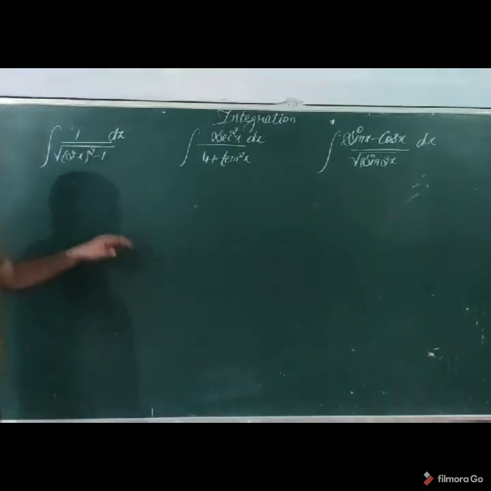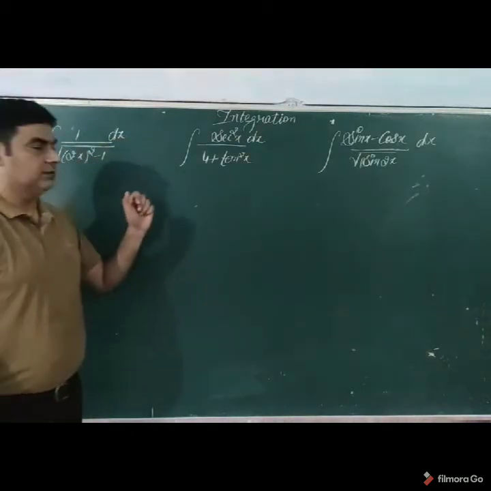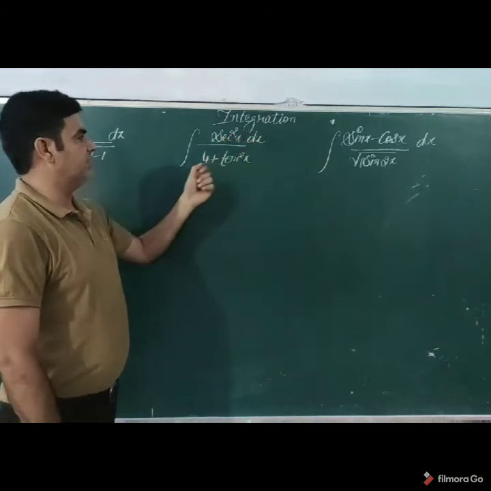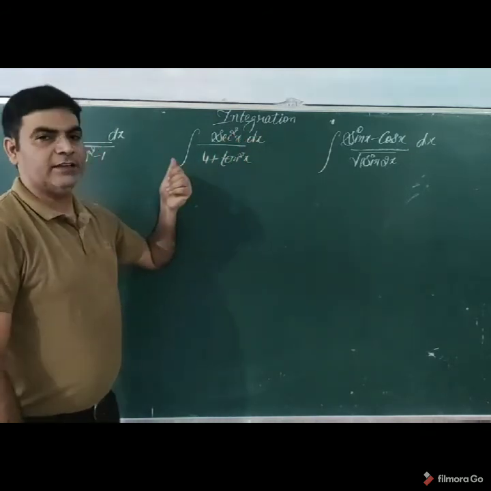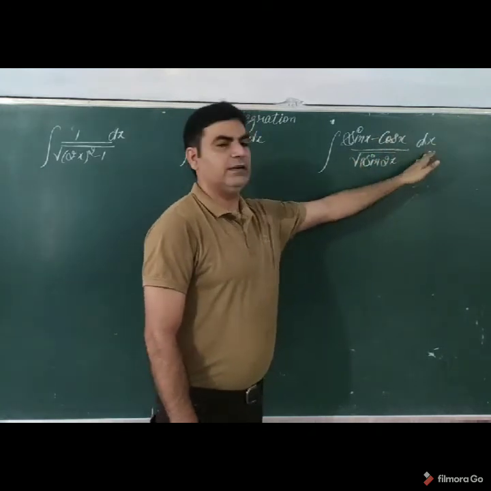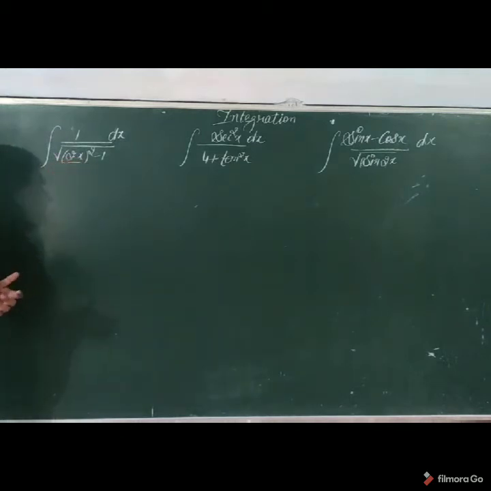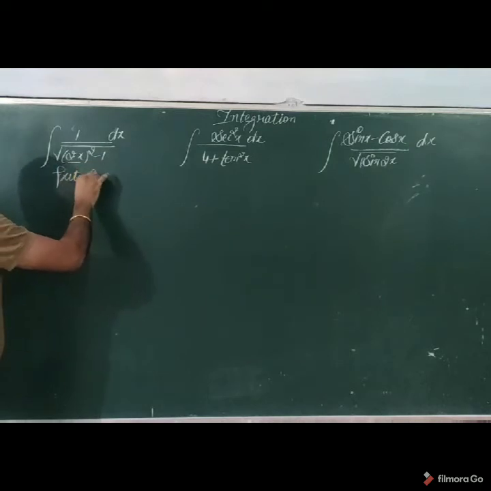Now we are going to discuss other examples. If you see here, 1 upon square root of (2 minus x) whole square minus 1 with dx. Another one, secant square x dx divided by 4 plus square of tangent x. Another, sin x minus cos x divided by square root of sin 2x dx. In the first case, it is not a single variable, it is a group of 2. So we are going to make it simple by putting this as t.